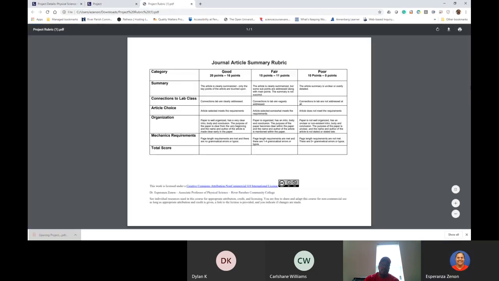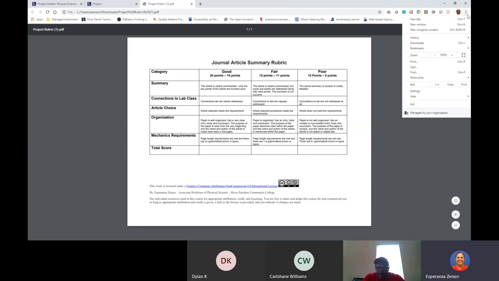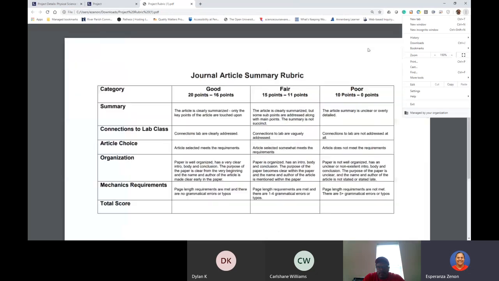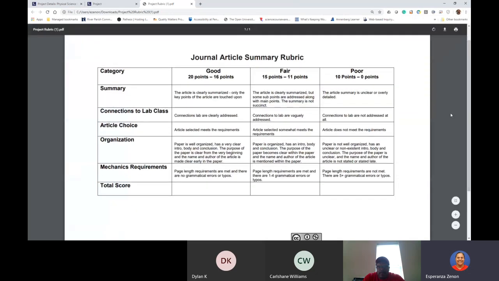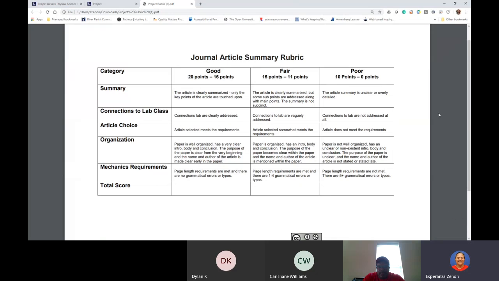All right. So this is the project rubric. And for every project that gets submitted, I will complete one of these rubrics. And I will return that to you electronically. And it will have your score on it. And it will have information on any points that you lost. Okay. So the project is worth 100 points. And so I took that 100 points and I broke it down into 5 categories, a maximum of 20 points in each category. So what I'm going to do now is explain what you need to do in each category